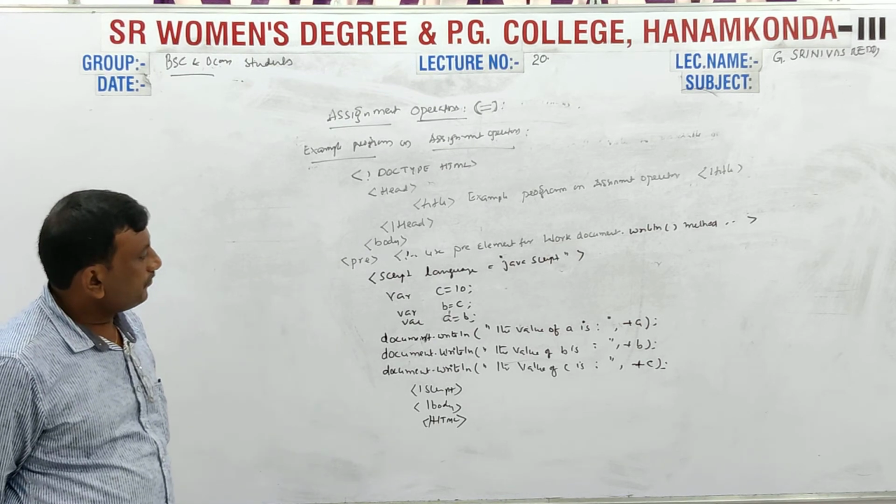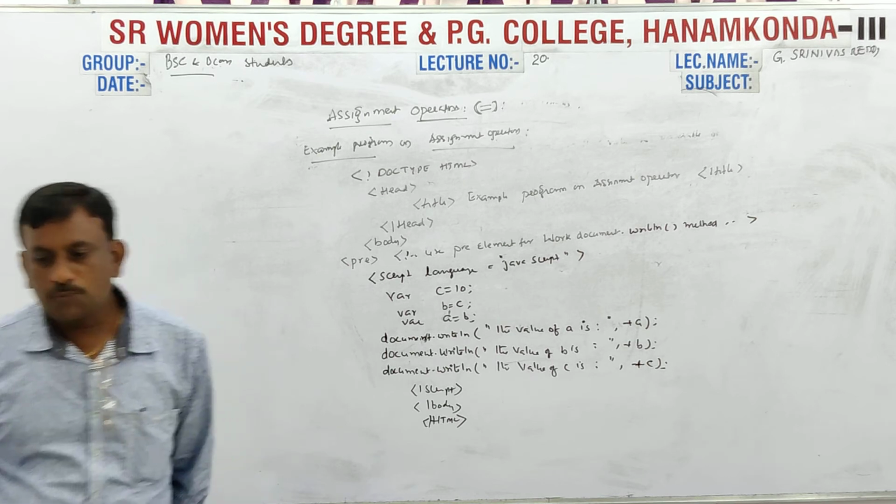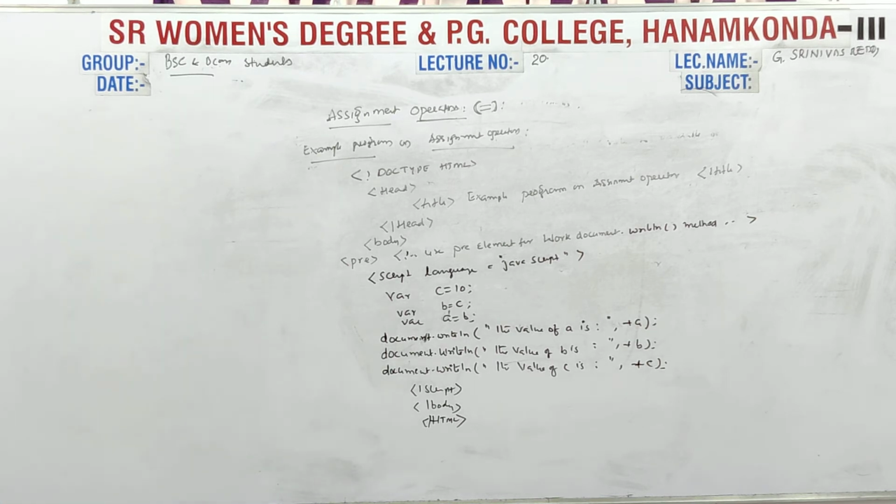This is nothing but assignment operators. Assignment operators are mainly used for assigning the value or expression to the variable. That is the purpose of using an assignment operator. The symbol is equal, and there are two: equal and double equal. What is the difference between equal and double equal? Equal means assignment operator, double equal is a relational operator. Mathematically this is an equal operator, but in computer terms it is the equivalent operator and equal operator. Clear that? This is the closing of assignment operators.